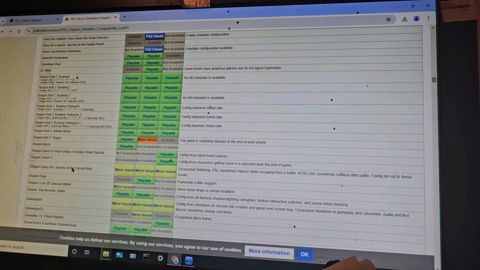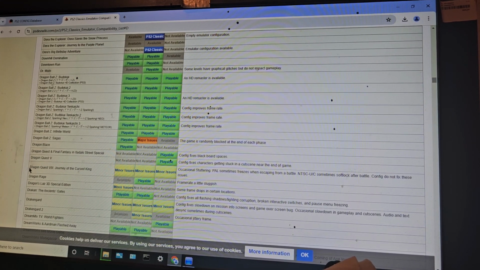Alrighty, so if some of you noticed, I also have another game going onto my flash drive right now, which is Dragon Quest VIII Journey of the Cursed King. As you can see, however, it has minor issues. So this is just a test that I'm using right now. Occasional stuttering on the PAL version, which I do not have. I have the NTSC-US version. It will sometimes freeze when escaping from battle, and now also the US version will sometimes soft lock. Configure does not fix these issues,